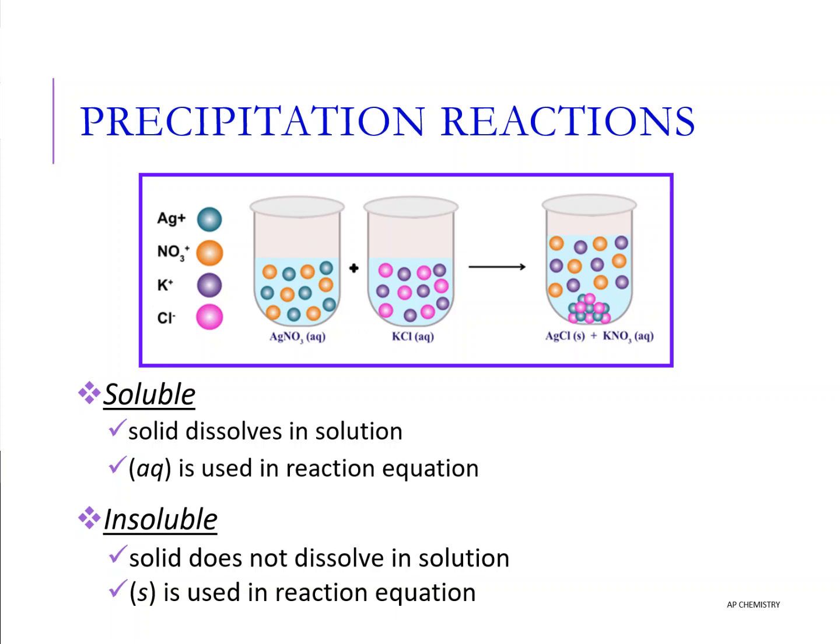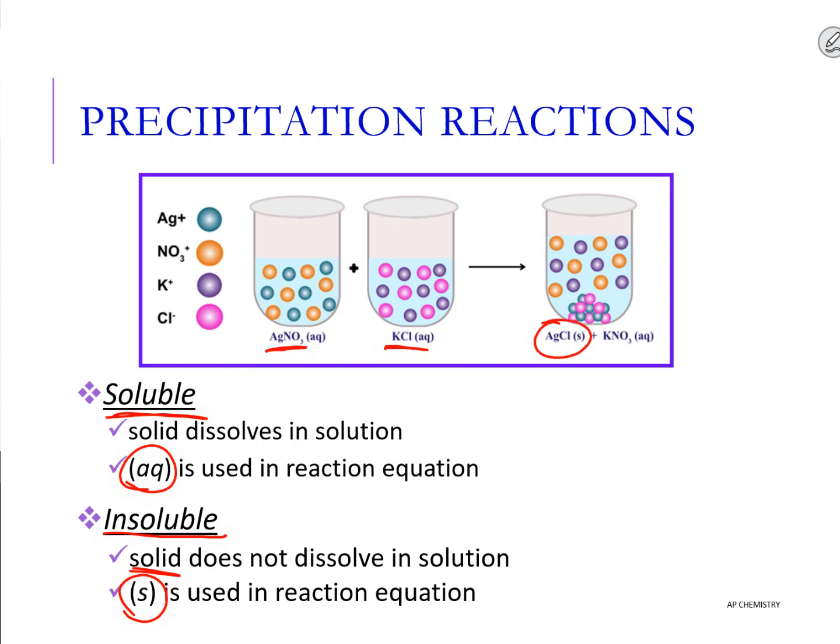So defining the word soluble here, soluble means that it's going to dissolve, it's going to separate in water. We use AQ, that's a symbol in the chemical equation to denote the fact that they separate into their ions. Insoluble is used when the solid does not dissolve in solution. Or we also put S next to it if it precipitates out. So basically, we put the silver nitrate with the potassium chloride together, you'll see silver chloride is precipitating out of